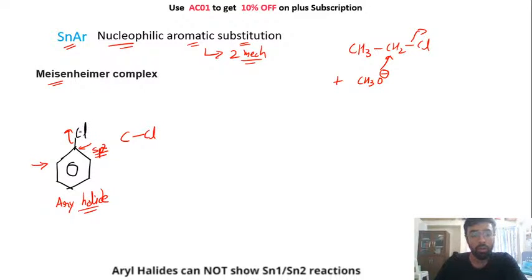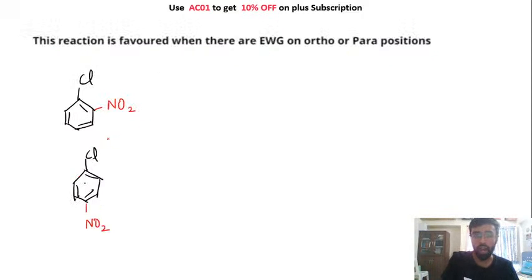Okay, so this bond between carbon and chlorine is very strong. This will not break. So you cannot have normal substitution. If you add an OH negative, this OH negative cannot replace this chlorine. But the thing about your aryl halide is this reaction is favored when there are electron withdrawing groups on ortho